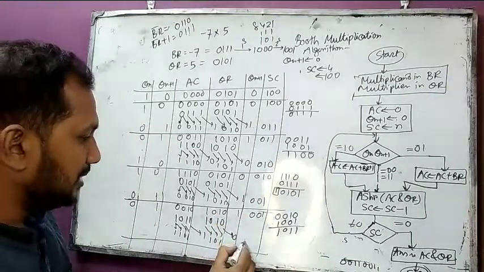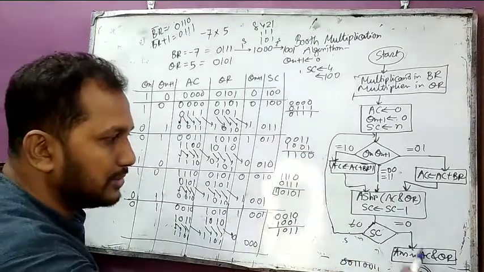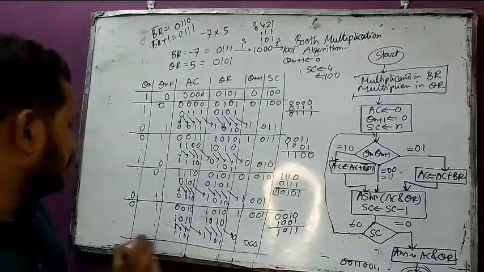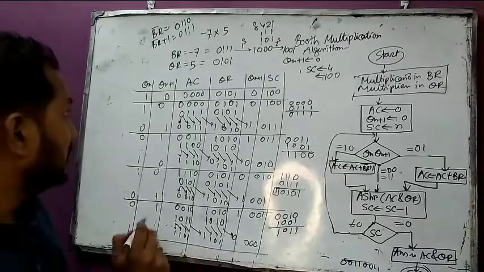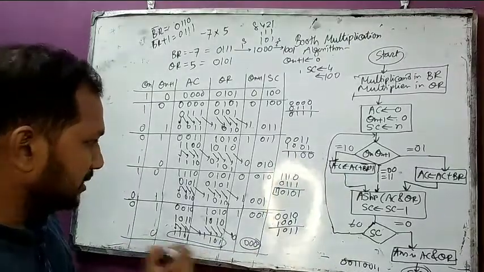Now this is decremented to 0 0 0. As the SC counter is 0 0 0, we have to stop the procedure. Here finally we get the result, and the Qn bit is 1, and Qn plus 1 is 0. As SC is 0 0 0, this is the final result. So the answer is